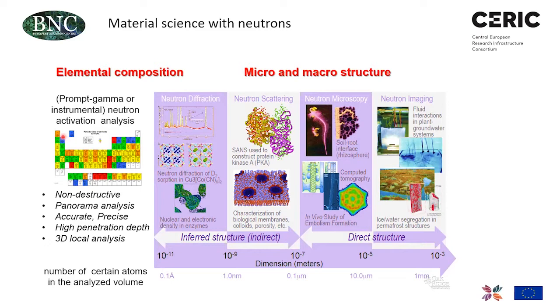What these two techniques have in common is that they are so-called panoramic analysis techniques, so you can analyze almost every element at once. It's non-destructive, at least it doesn't need any physical sampling. It's metrologically accurate and very precise, and it's a bulk analytical method. That means both neutrons and gamma rays penetrate deep into the material and can deliver knowledge about the representative composition